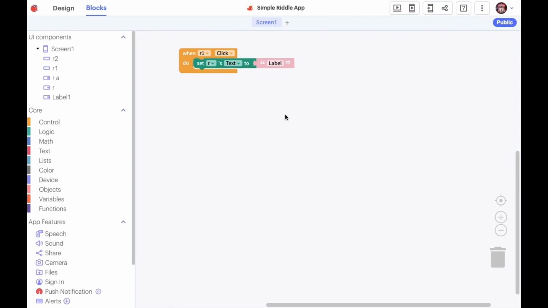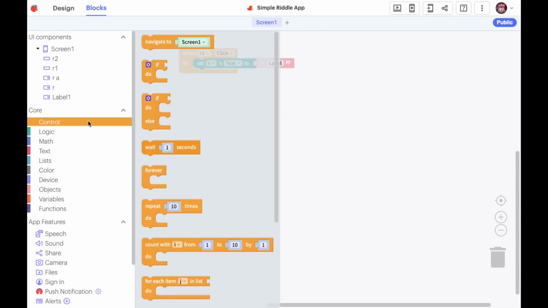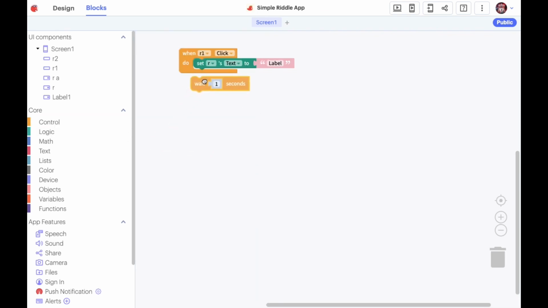I'm going to add the riddles later, but first I'm going to show you the code. So after you've got this, you want to go into control and get this wait 1 second, but you want to change this to however long you want for the riddle. So what this means is that it will show the riddle, then it will wait before showing the answer. So I'm going to give this 5 seconds